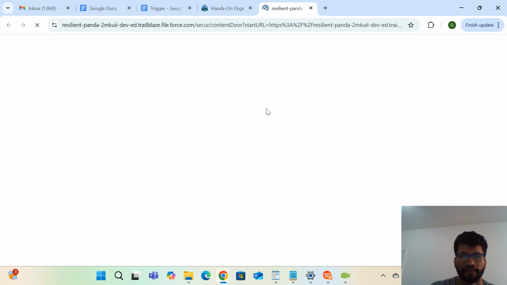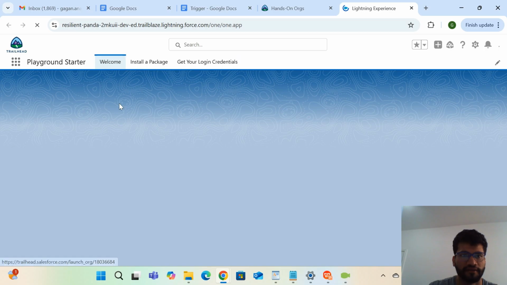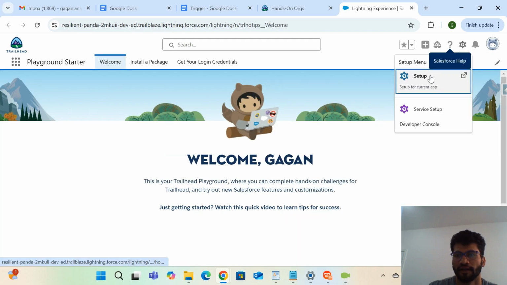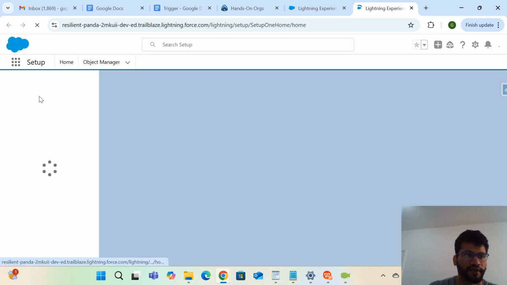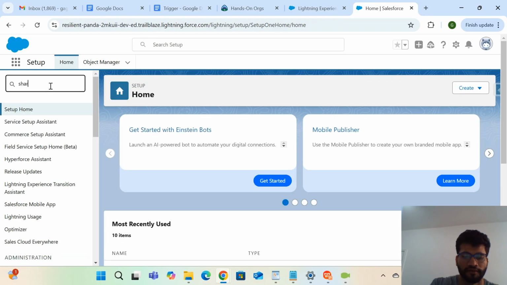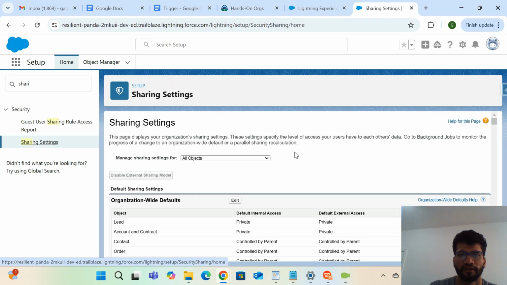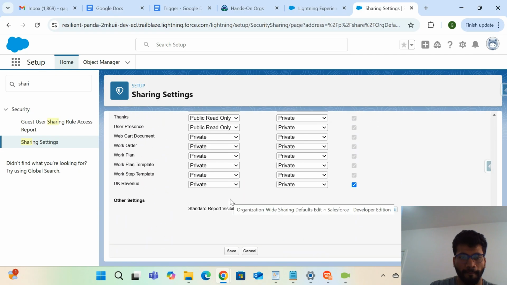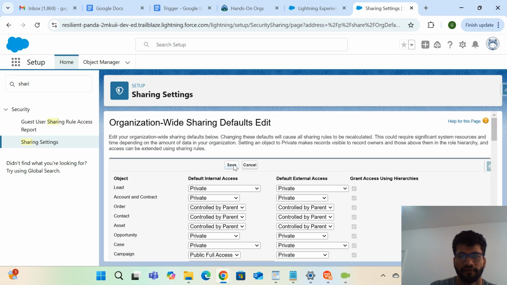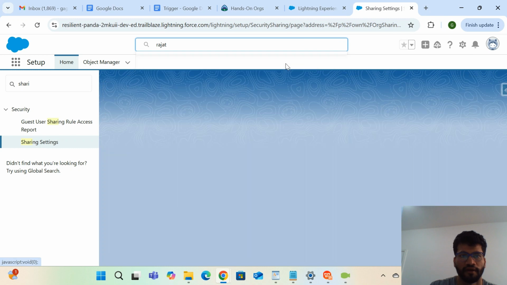So that I can log in as Gagananand. Now I have logged in as Gagananand, and if I go here, again to sharing settings, yeah, here are the sharing settings. If I make it public read only and click save, and then go again to Rajat, we will see